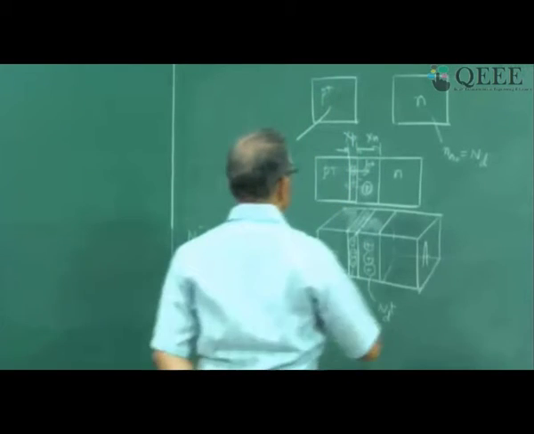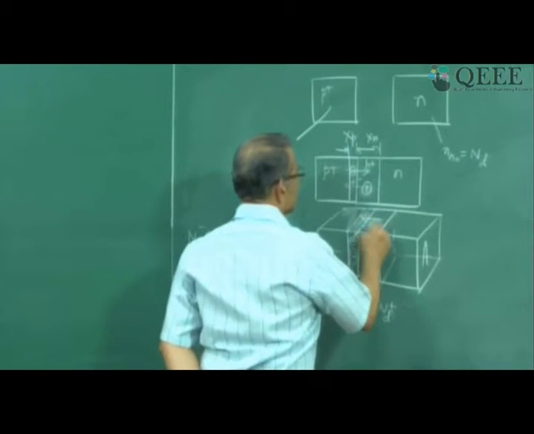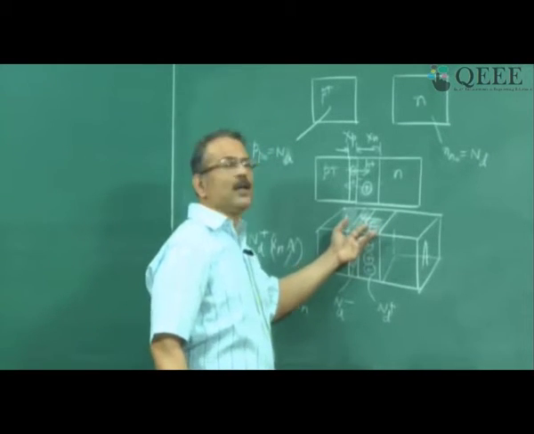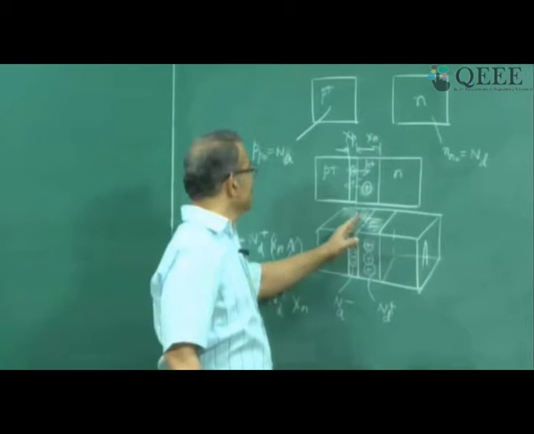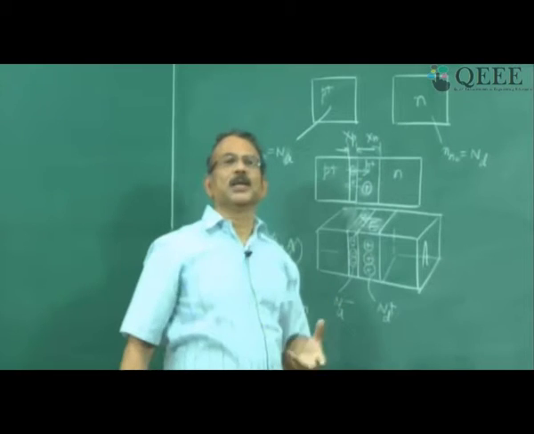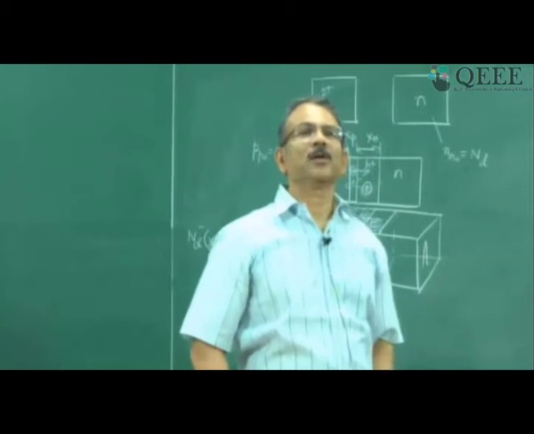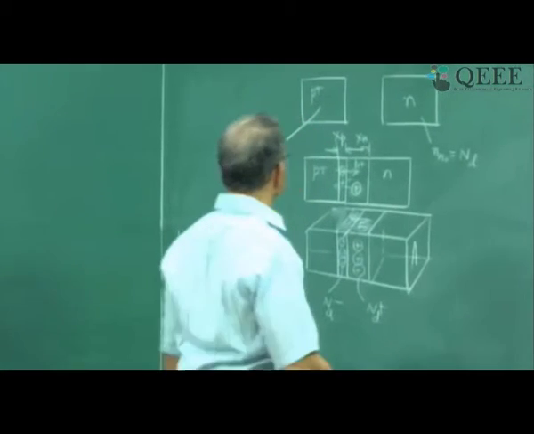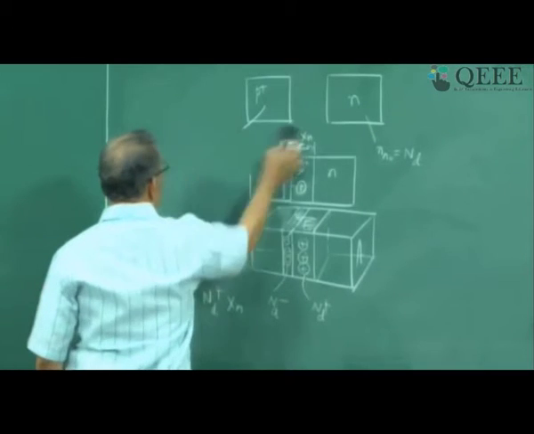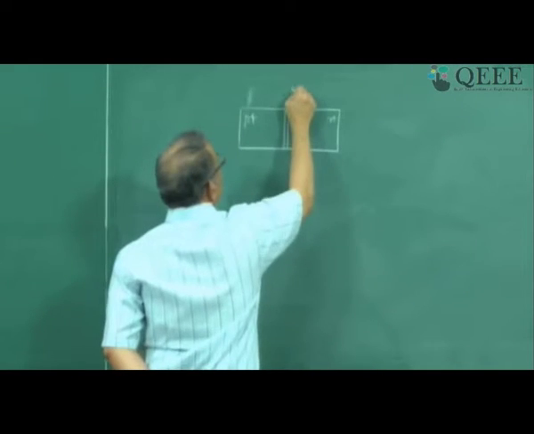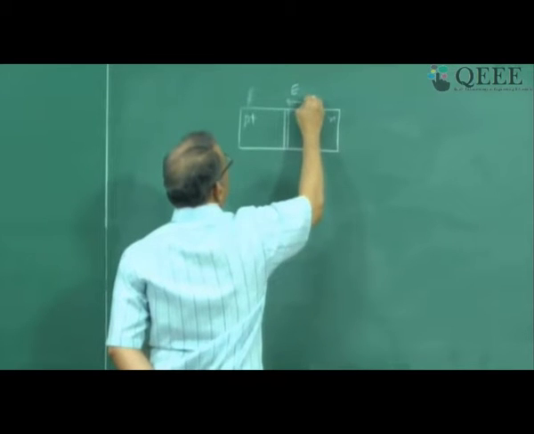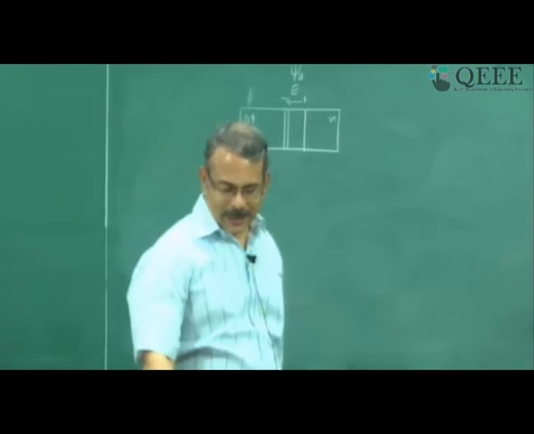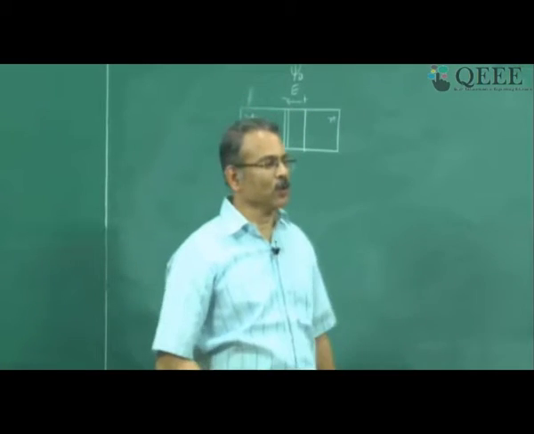In other words, now there is a field from positive to negative in this direction. This is referred to as the built-in field, and when I integrate the field over distance Xp plus Xn, I will get potential, because field into distance is potential. That is called built-in potential, normally represented as psi naught. So the simple picture you will find shown in books is like this. This is the built-in field, and psi naught is the built-in potential, right. That is the picture under equilibrium, V equal to 0.